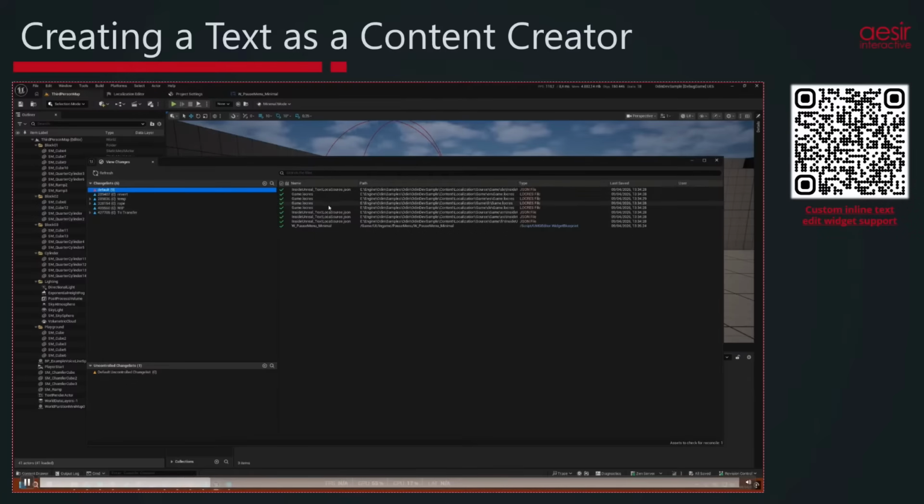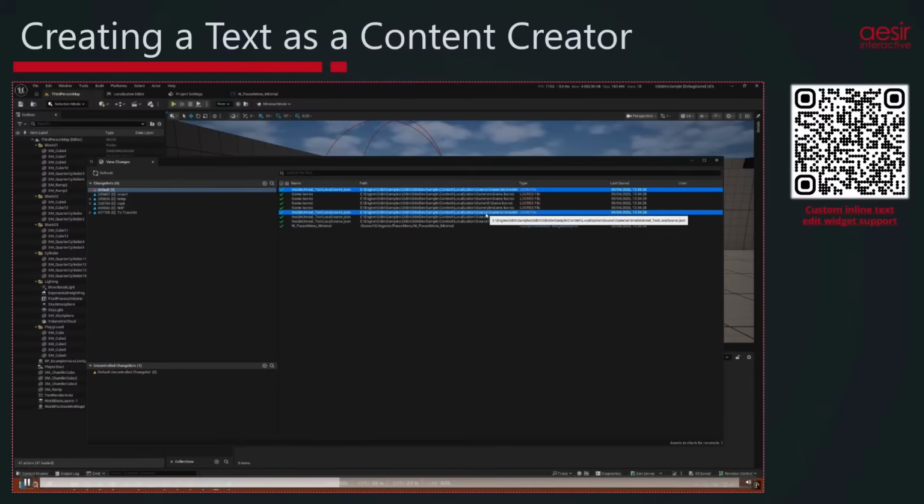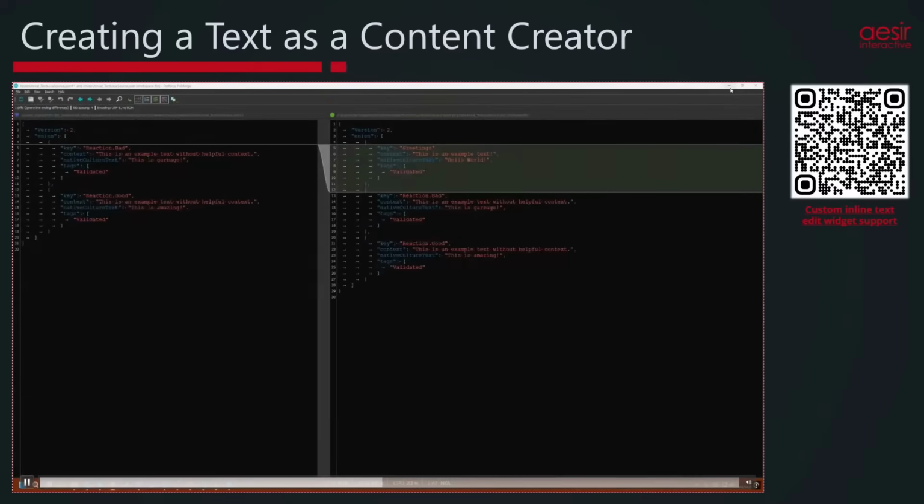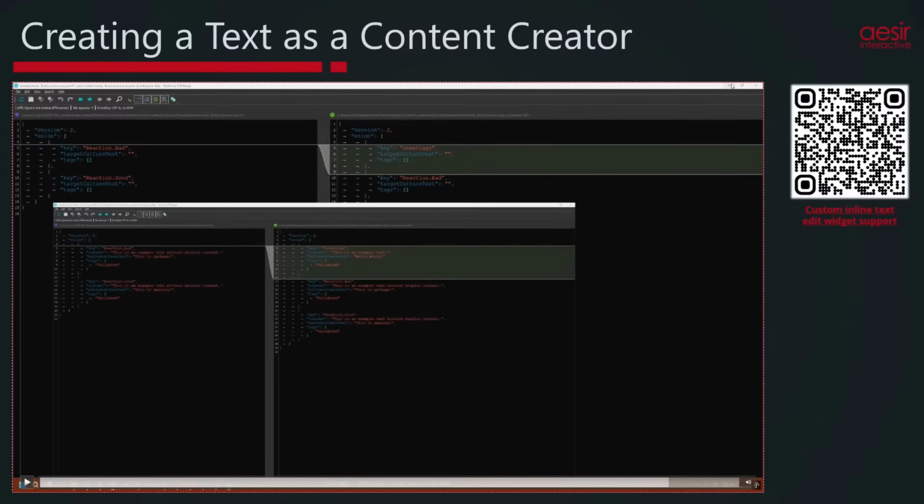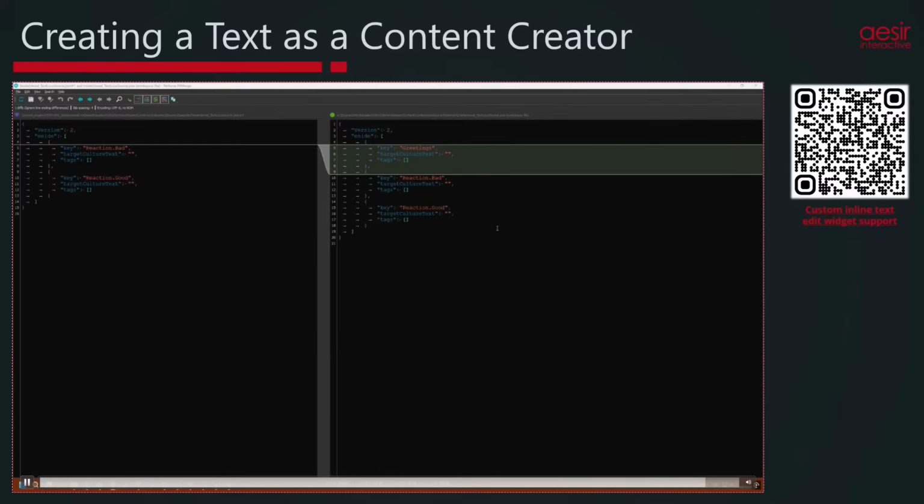And we'll take a look at the JSON files, which is then the actual source data for all of the texts. As you can see, that is the file, and the new entry we just added. It has the key, and the namespace is encoded in the file name. And it has the context and the hello world that I gave it, and it also has tags that we support in the system. And the German version of the text,